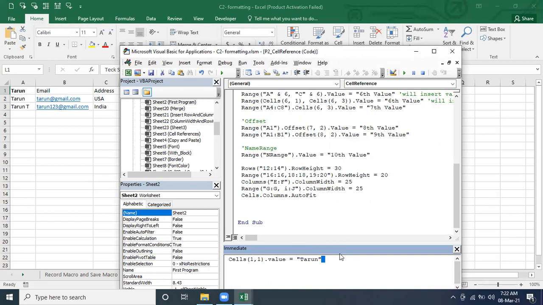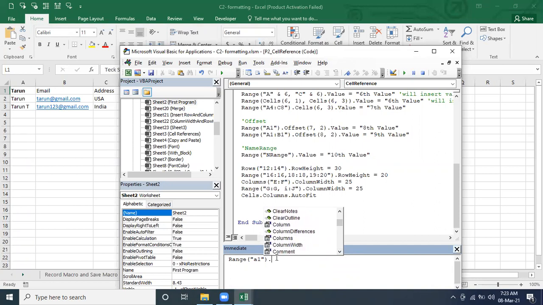With respect to range, we have many properties. Right? Range, if you see here, E1 dot, what all are there? Even with this, we can do the row height also. Border is there, clear is there, many are there.